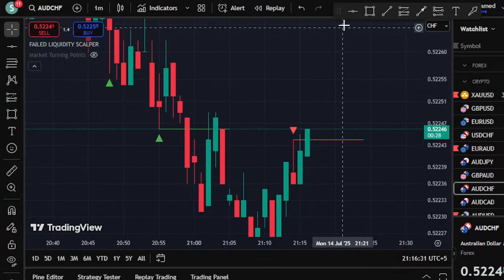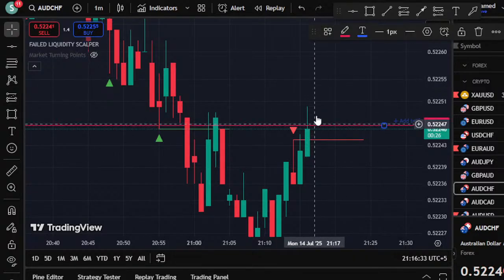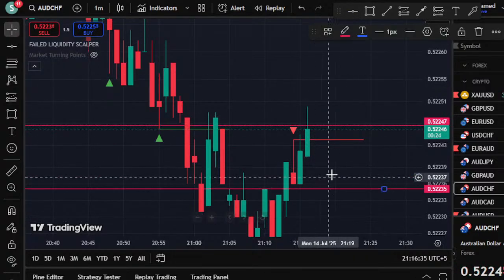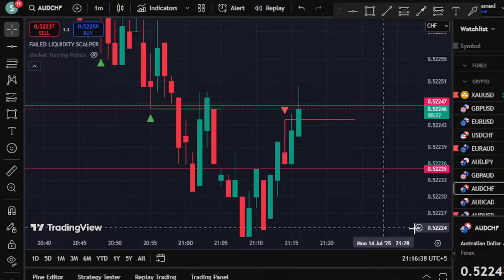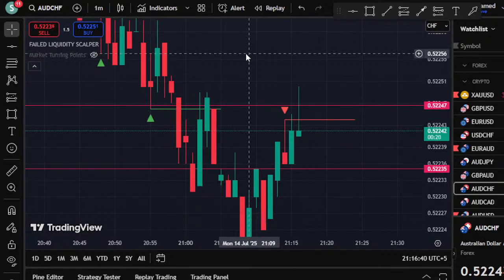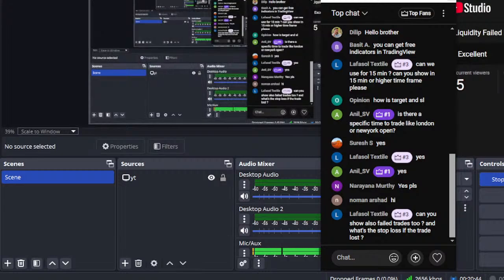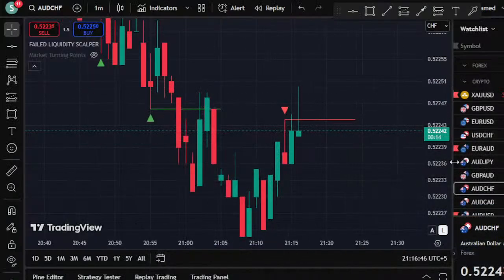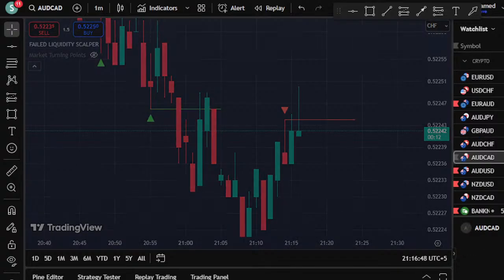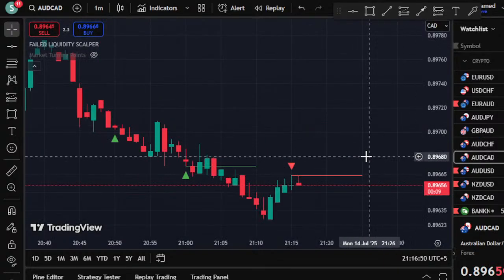So what we will do, we will go with two trades, one from here and one from somewhere on the lower side. The third trade means that this is our stop loss, so we should not go with the third trade. Better you place your two trades here. It depends on your account size, so I cannot advise anything. Money management is completely your part.